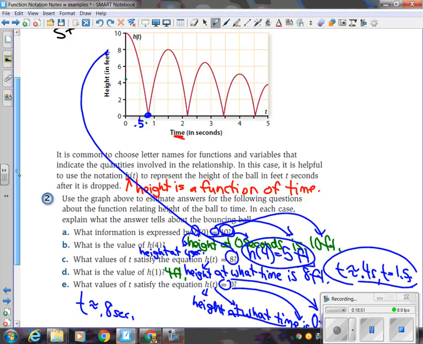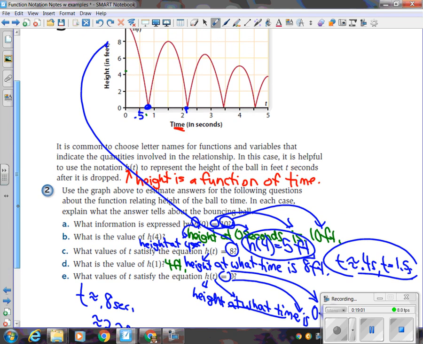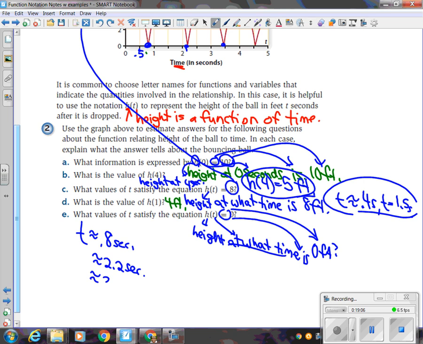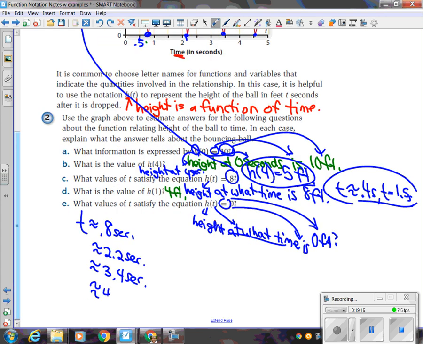What else? All right, then it went up and it came back down here. About 2.2. I agree with that. Approximately 2.2 seconds. What'd you say? 3.45. That's pretty close. 3.4 seconds. And then what? 4.6. Approximately 4.6. We're indicating right here with these little squigglies that we understand that it's maybe not a perfect answer. Do you understand what we're trying to do with this lesson? We're trying to make you pay attention to what an actual example would be.